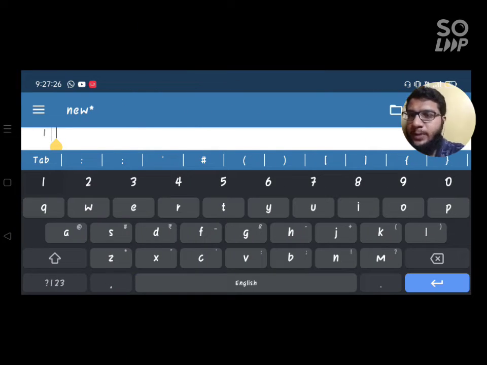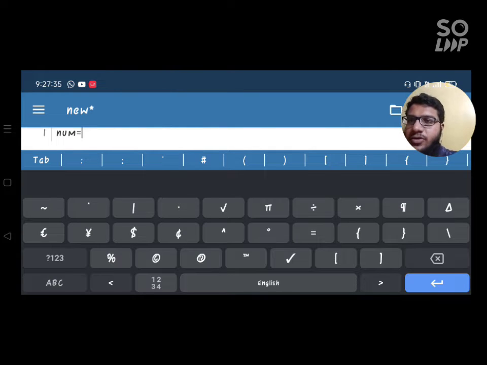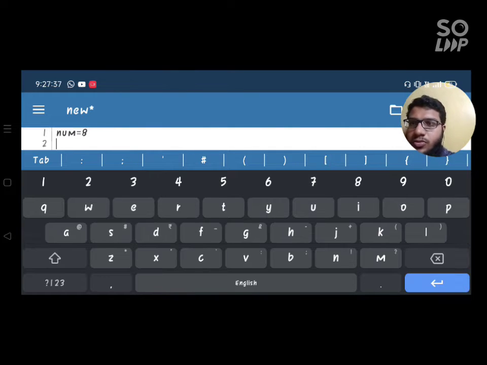So first of all, we will be writing a variable that is num, and then we will be taking an input from the user. So int of input function, so I'll be typing here int of input.